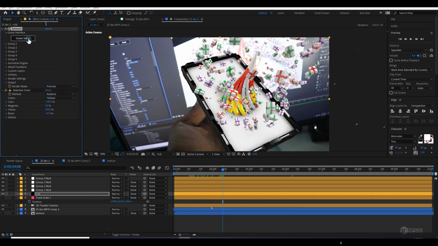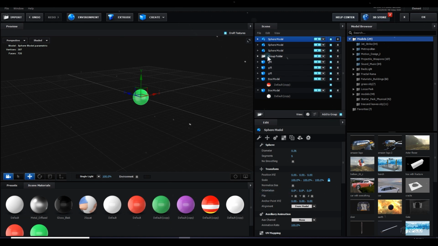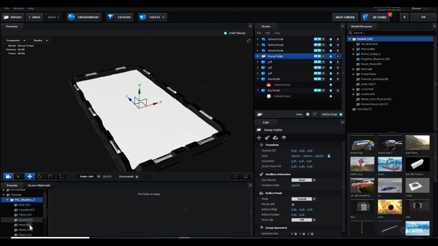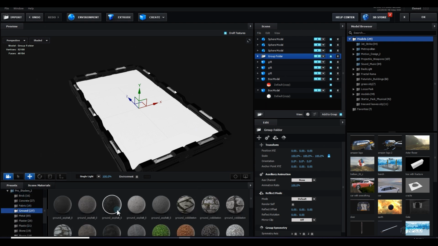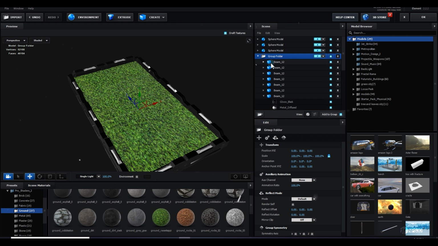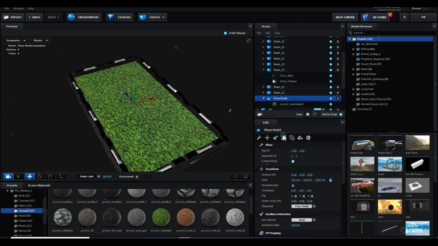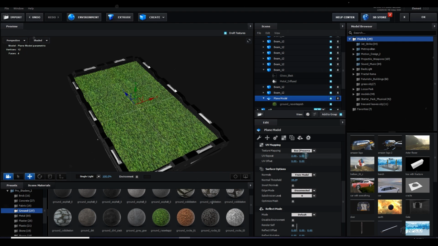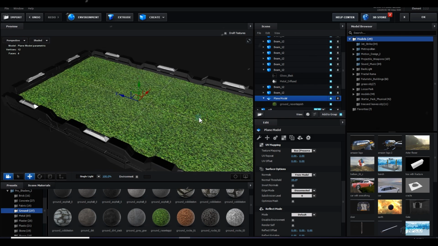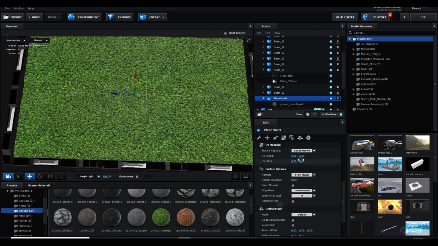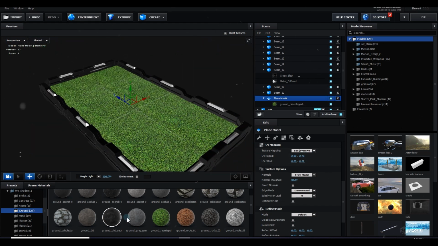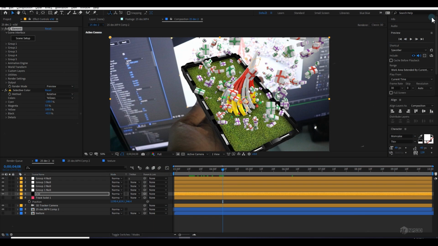Let's go to the scene setup one more time, and let's select this one, which is our base. Let's go to the material, go to the procedures, let's go to the ground, and the thing is you can do anything. I mean you can apply any texture to this plane. Make sure this is 2 by 2. You know how many times I told you that you have to change the textures. If the texture is not good, you can just tile it, offset it, or change it this way.